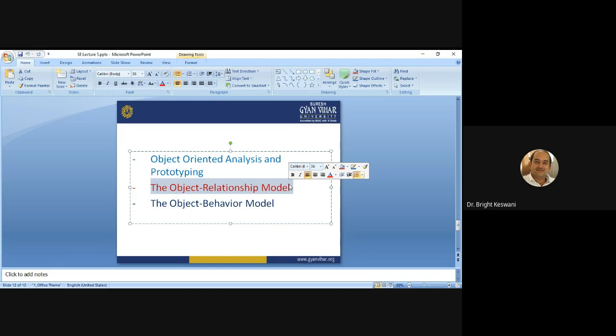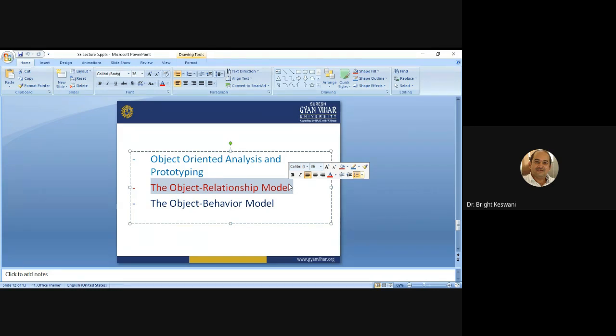In the first step, you can use the CRC index card, and you can make the network of collaborator objects. And in the second step, you can review the CRC model index cards, and what kind of responsibilities and collaborators are mentioned there.